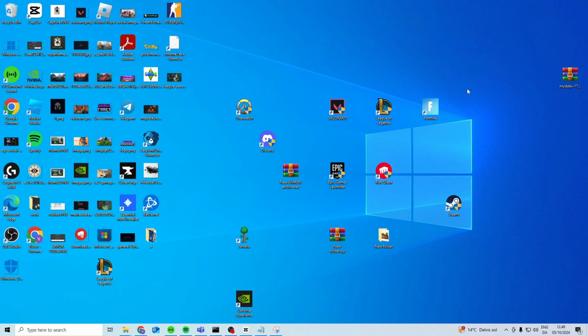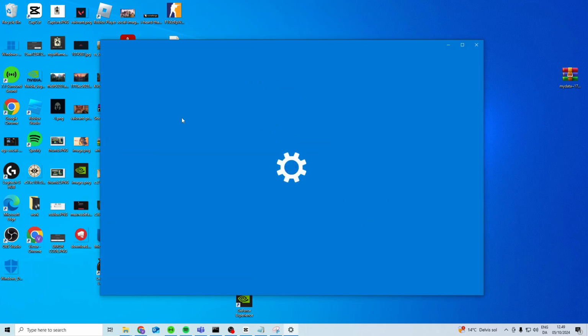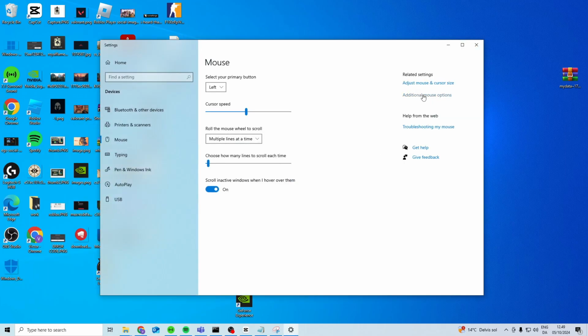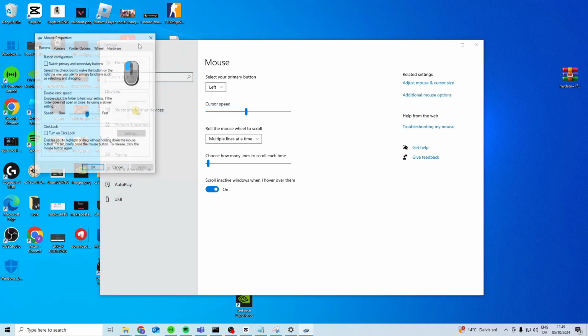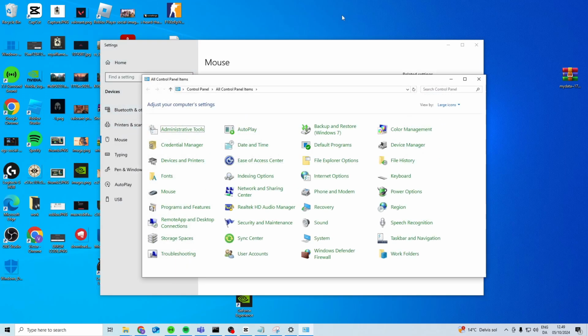In this video, I'll show you how to fix your mouse cursor moving on its own on Windows 10 and Windows 11. The first thing you want to do is come down here and search for mouse settings. In here, choose additional mouse options. Another way to open this is to simply go down to Control Panel, choose large icons, and then select